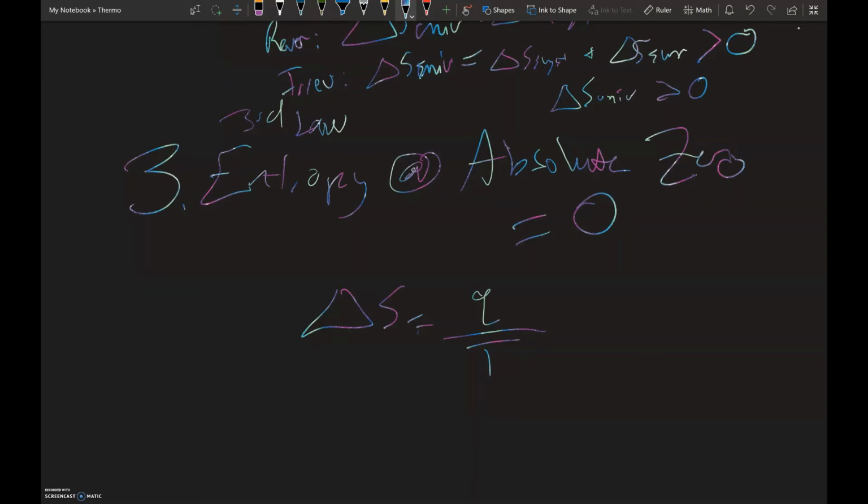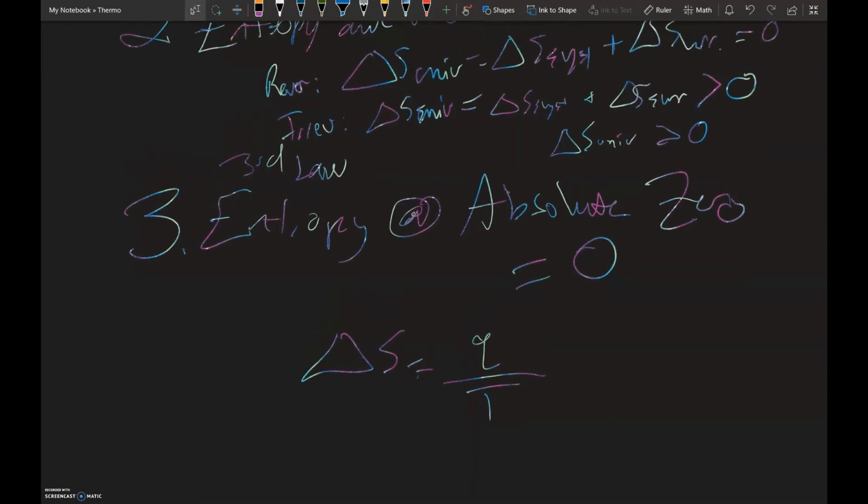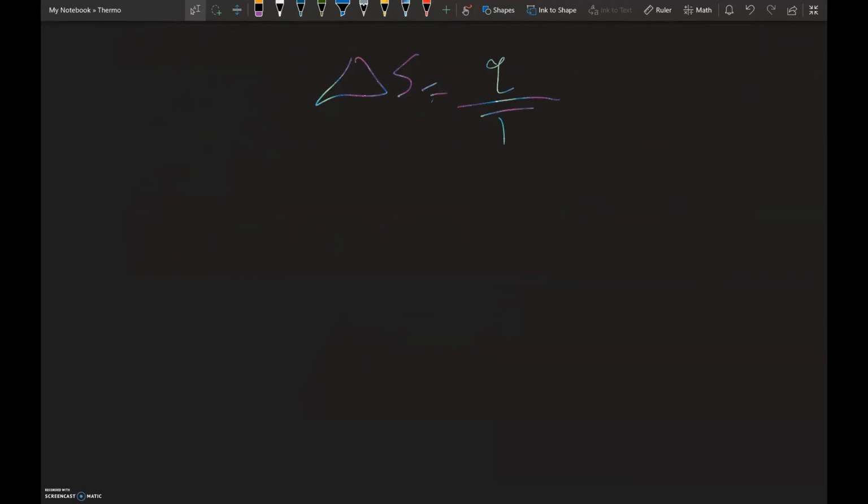The last thing we're going to cover here is this equation where you have delta S of a system and delta S of the surroundings. We understand that for irreversible processes, the change in the entropy for the universe is greater than 0. Now, when we look at individual systems, the system itself can have a positive change in entropy, or it can have a negative change in entropy.